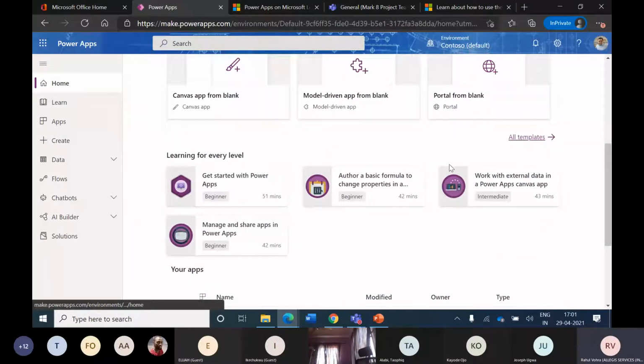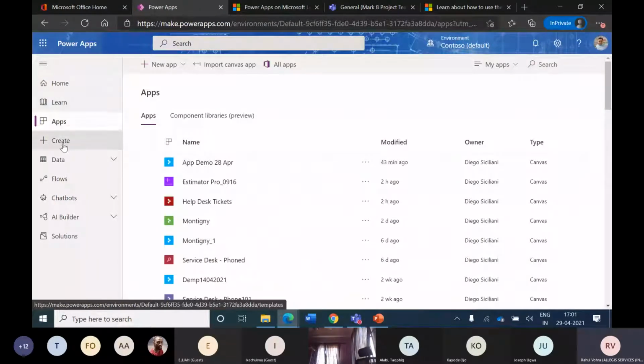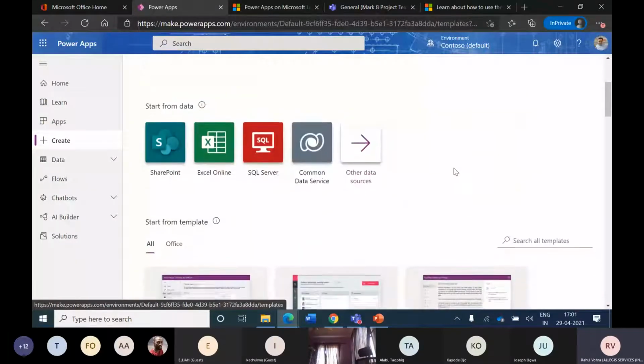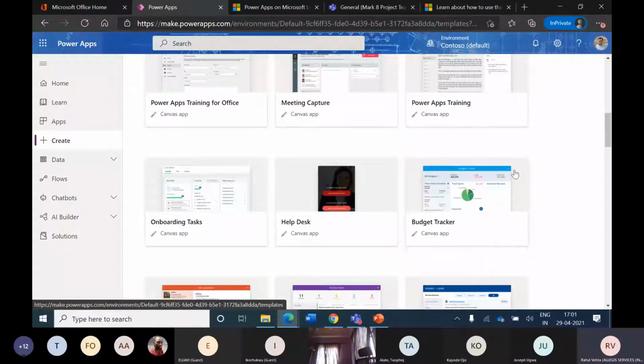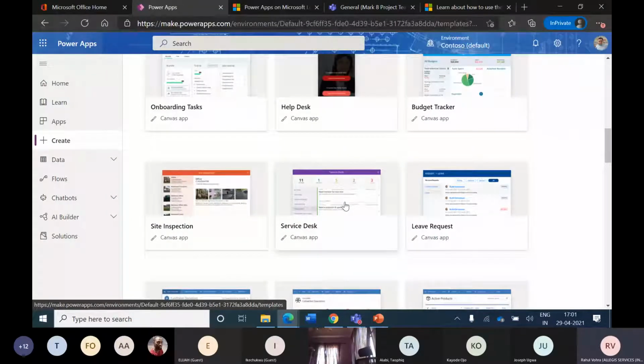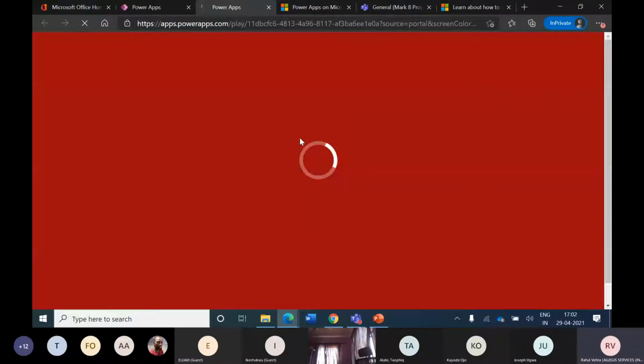home option, and let's look at how we can go ahead. So we are going to the Create option, and then let's see how we can create the simplest use case, that is creating a Power App based on an available template. So for now, for this case, I'm picking this help desk one, which is a very simple use case. We talked about service desk, which is where the service desk person is expected to create a ticket. Let's see how this one is expected to behave, and then we go ahead and create it.